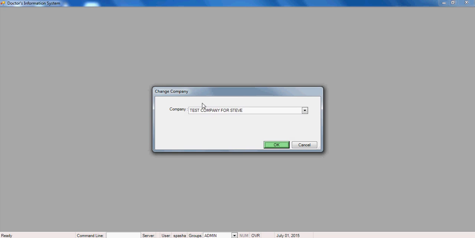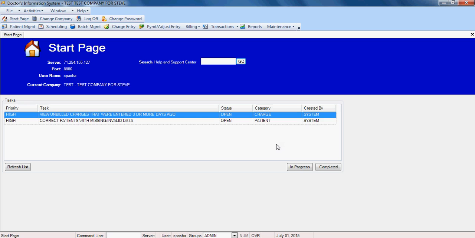Okay, I've logged in, and now it's asking for the company that I want to specify. Typically, the default company that you have should come up. If you have multiple companies, it'll be in this drop down over here, so you can just drop it down and you'll see all the companies. But for now, we'll just go into this test company that we've created. And here we go. At the very top, you'll see a toolbar with all the major modules that we have. So what you want to do is click on the patient management toolbar,